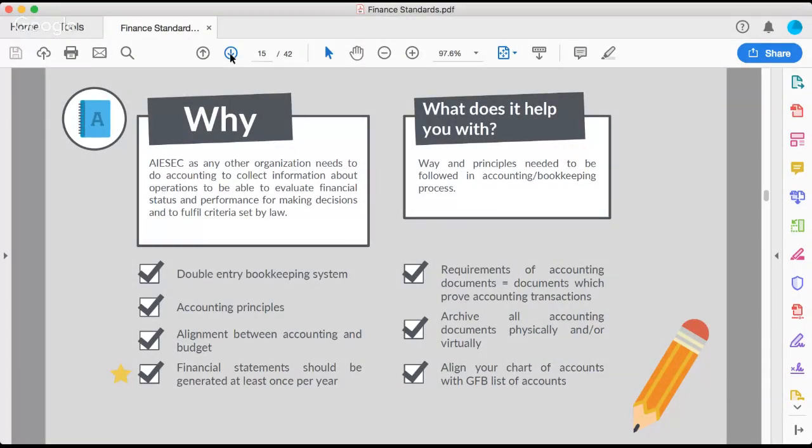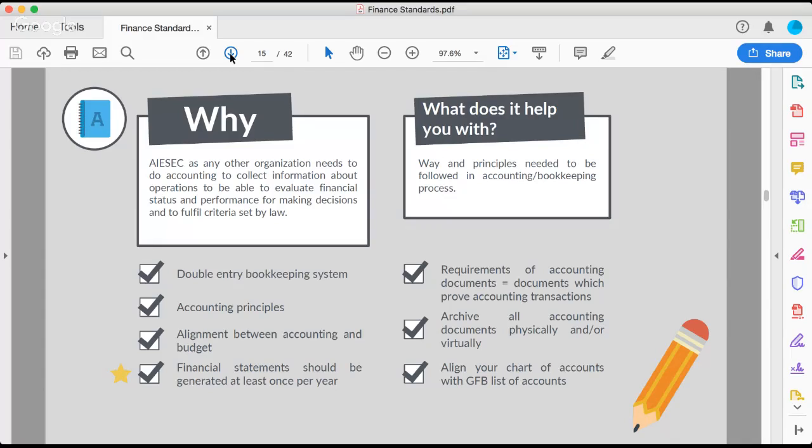So going into the different points, double entry bookkeeping system with our Wave, we have that. Following the accounting principles, I will explain to you the accounting principles, not here in this session, most likely not even in one of the EB Academy sessions, but we will go into this in our commission calls to make sure that everyone understands what the accounting principles are. Alignment between accounting and budget. If you follow the reporting system that I created, then that is taken care of. But it is very important that we align our accounting and budget. Otherwise, you may not be representing things in your financial plan or your reporting,